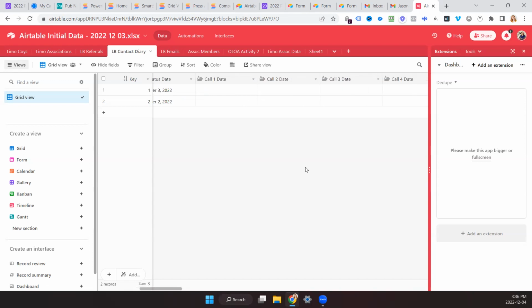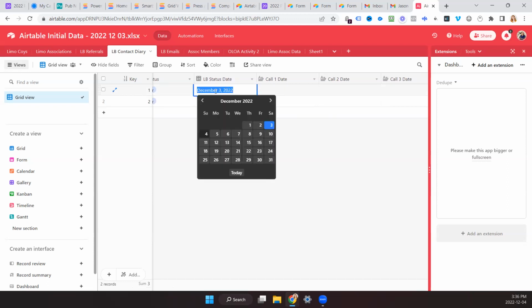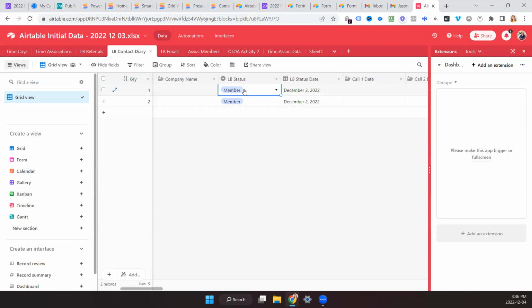Okay, let me think about this. So this LB status is just the last time you talked to them, right? Well, no, what status they actually are on. I haven't put all the statuses in, but I could be in the middle of calling them, or I could have emailed them, or they could be uninterested, they could be interested, whatever. After the phone call is whatever's gonna happen. Sorry, but what does this mean? Is this just if this status changes to something else, then this date changes?